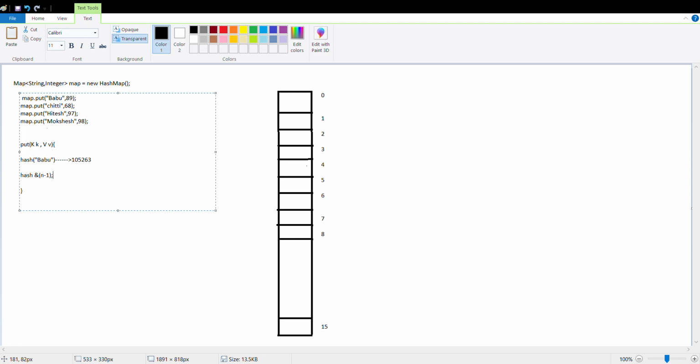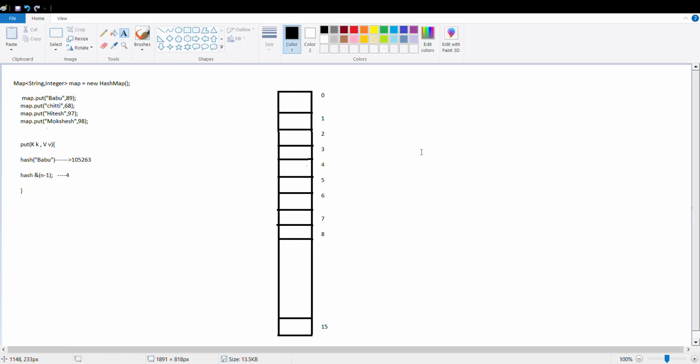Here the capacity is 16, so n minus 1. Based on this, it will calculate the index. Let's say the index is 4, and it will store this entry at that index.